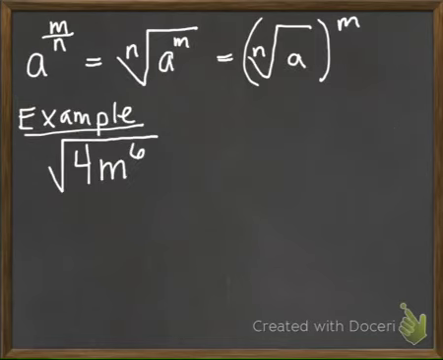For our next example, we have the square root of 4m to the 6th. So when you see a square root, guys, you can pretty much assume that the root is 2. We just don't have to say it because it's understood. So we're taking the square root of 4m to the 6th. Since the whole thing doesn't have an exponent around it, we just assume that the whole thing is being raised to the 1 power. So when we apply this rule,